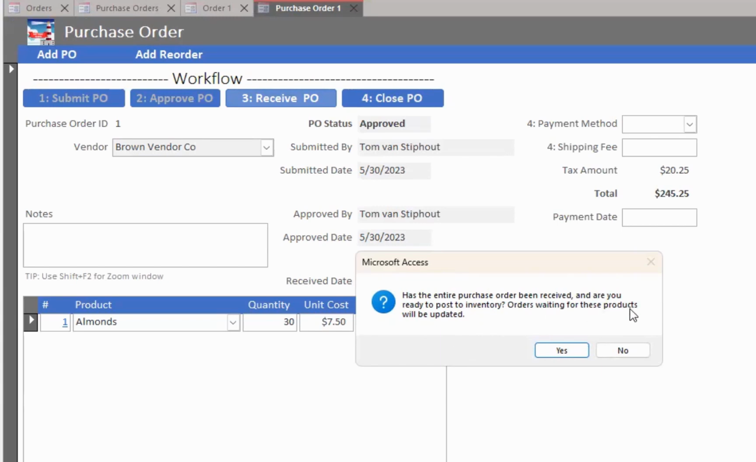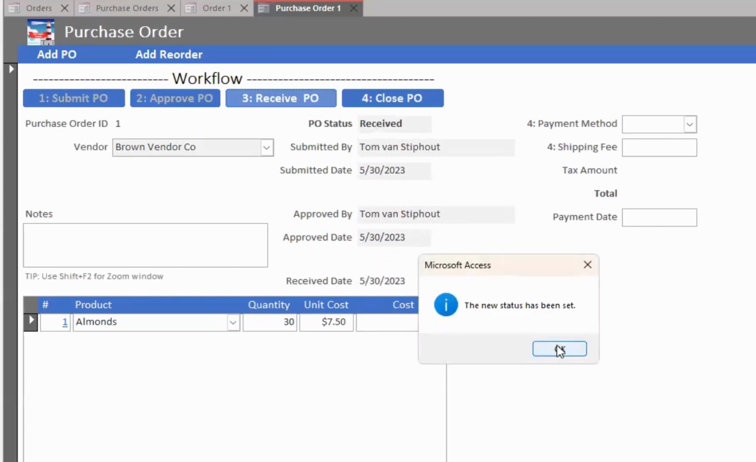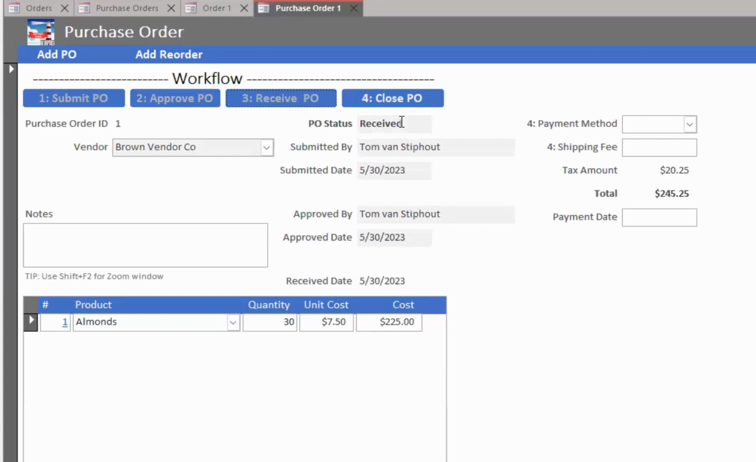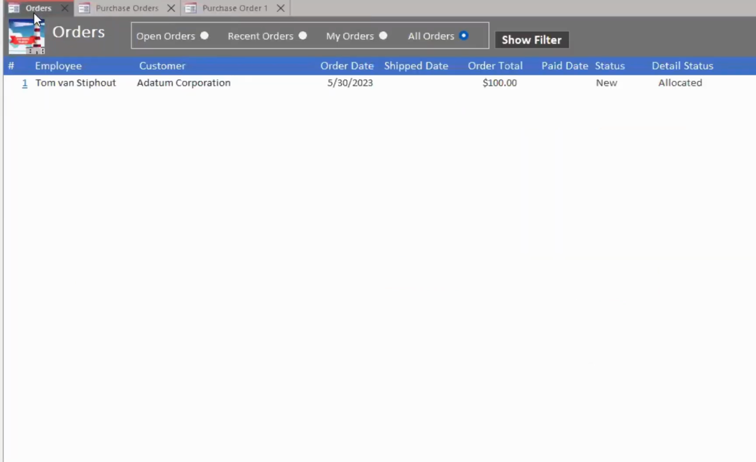Orders waiting for these products will be updated. That's what we want to see happen, so that our order can now be fulfilled. Yes. We're now in a received status. So as we go back to the orders and open that order back up,